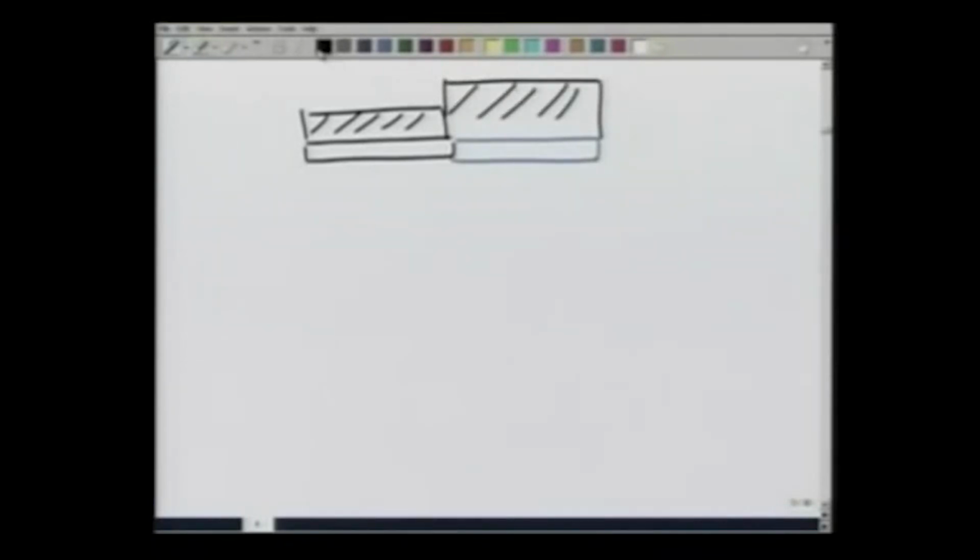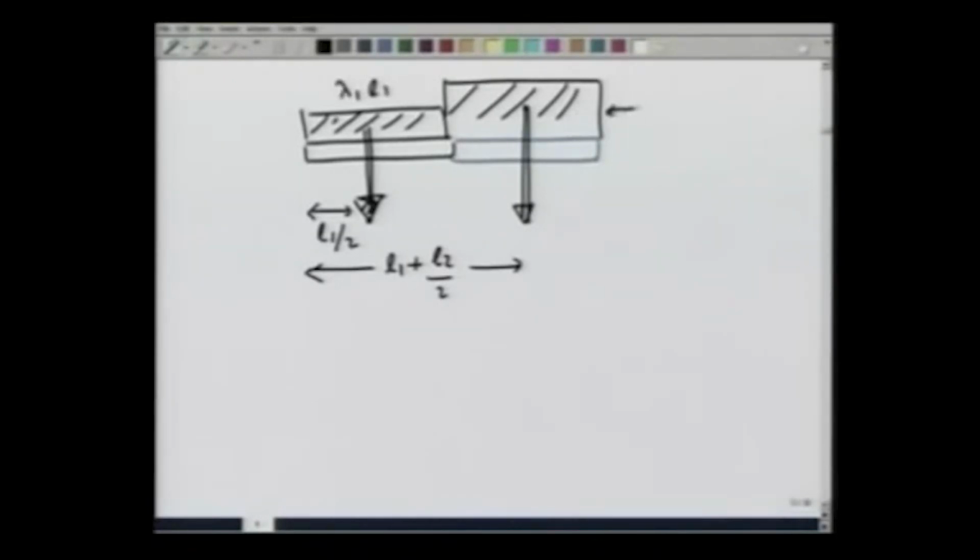I know the center of gravity of this load, which is here at a distance of L1 by 2, and the center of gravity of the other load is here, which is at a distance of L1 plus L2 divided by 2. The total area here is lambda 1 L1, total area here is lambda 2 L2. So, x_c